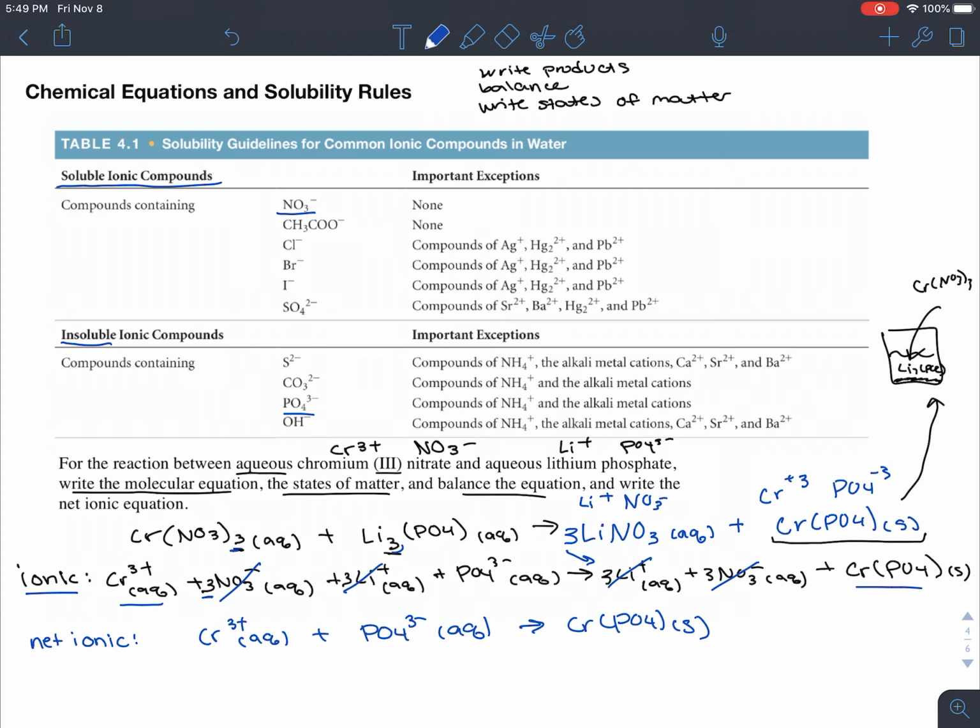Then you cancel out whatever is the same on the right and the left, once you've determined whether you have a solid or not. If everything was aqueous, you would have no reaction. But because we had a solid, we were looking for just the ions that had to do with making that solid. Now, the net ionic equation shows